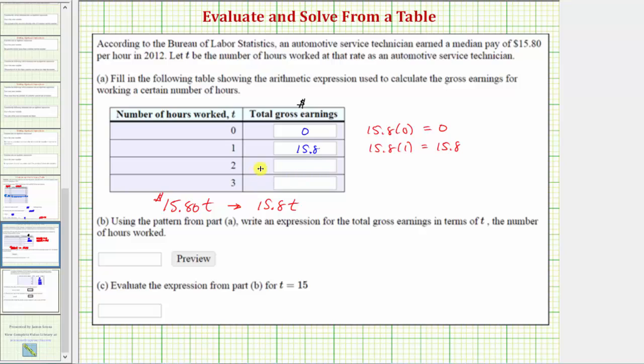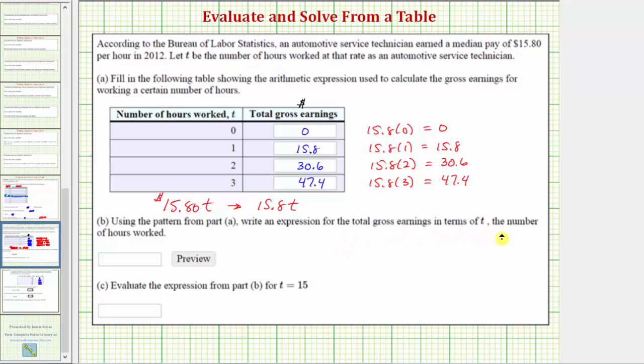$15.80. If 2 hours are worked, the earnings would be 15.8 times 2, which would be 31.6, which represents $31.60. And finally, if 3 hours are worked, the earnings would be 15.8 times 3, which would be 47.4, which would be $47.40. For Part B, using the pattern from Part A, write an expression for the total gross earnings in terms